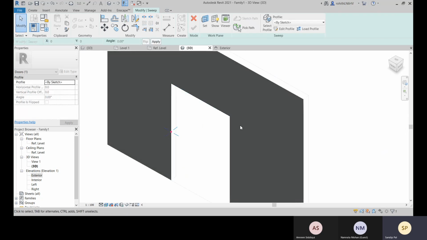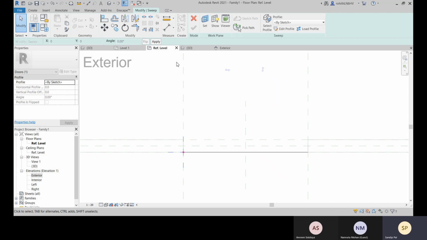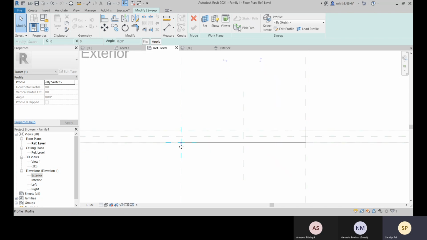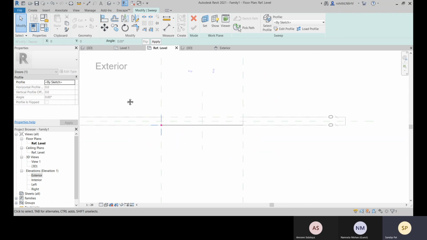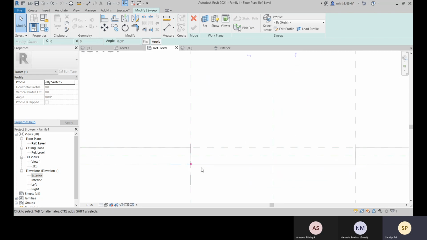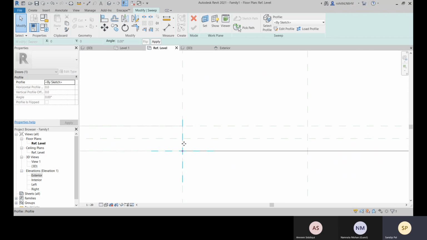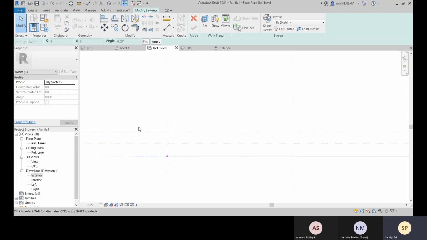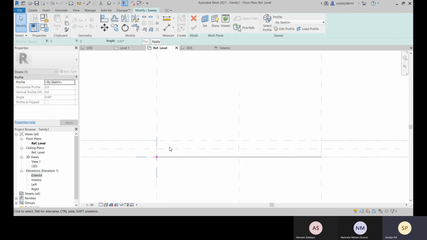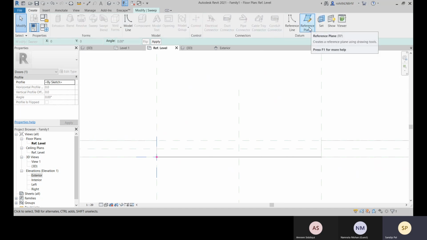Now we will create our profile. So we can create the profile from this side. All right, so this is the exterior side, so we are creating to the interior side. Now let me create one profile. For that, first we will create our door jamb. So here I will create a reference plane.